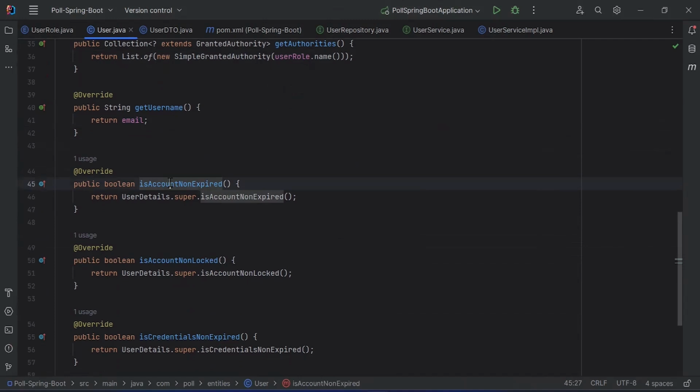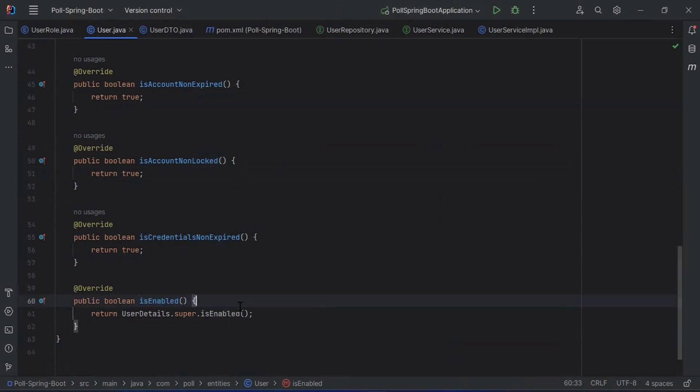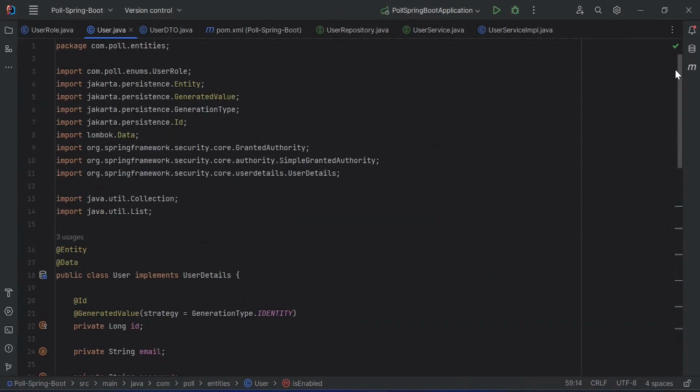The third function that we have is isAccountNonExpired. This will return true. The fourth function that we have is isAccountNonLocked. This will return true as well. The second last function that we have is isCredentialsNonExpired. This will return true as well. At the last, we have the function with the name isEnabled. This will return true. Now you can take a look at the user entity,